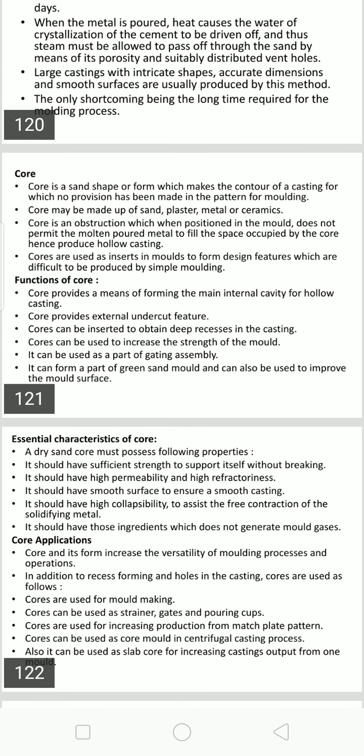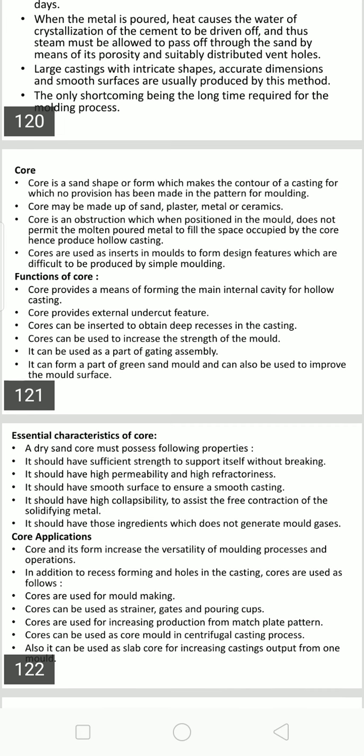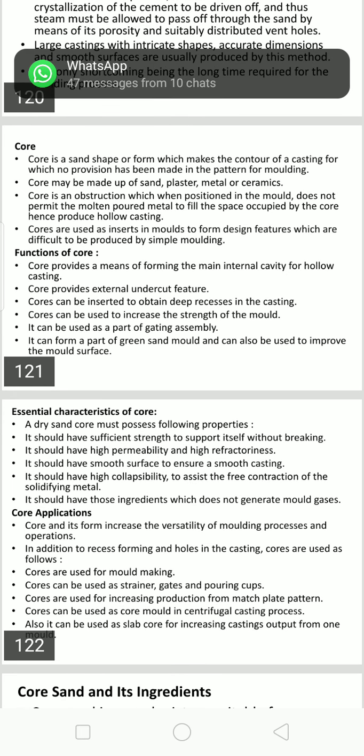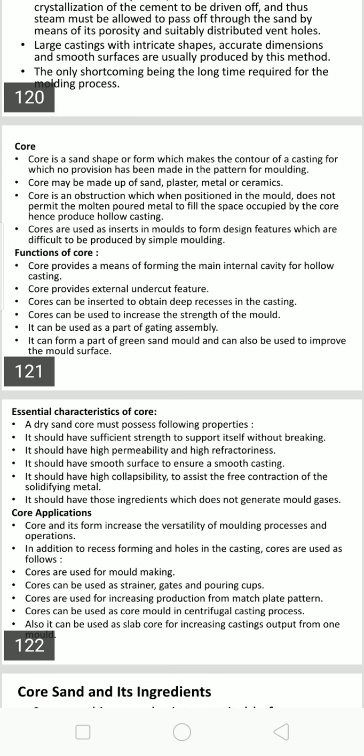A core sand is filled in a metal or wooden die to get the desired geometry of the die. This shaped sand represents a green core. This green core gains strength after suitable treatment depending upon the type of binder used. Normally cores are expensive because of the binder preparation and baking process involved, hence the need for cores should be minimal while designing the parts per mold. So all these are very important fundamentals related to the core.